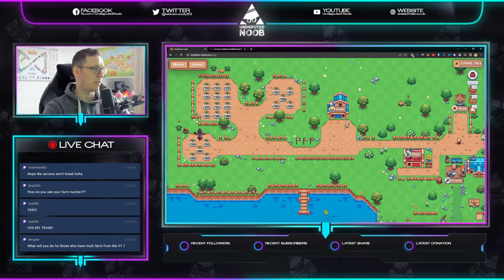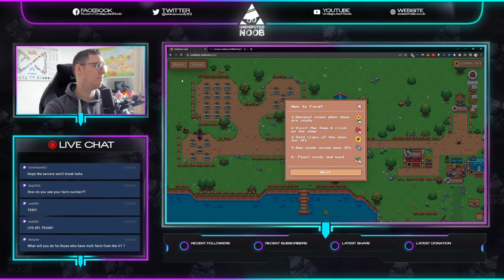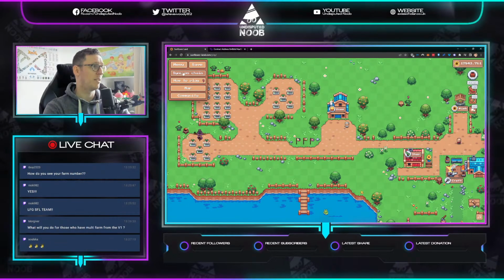Is there an SFL contract address already? There is. I don't know if it's public knowledge. I'm not going to share it now, but don't worry. It will be available on the white paper. The best place, if you need to know anything, menu, not how to play, menu,